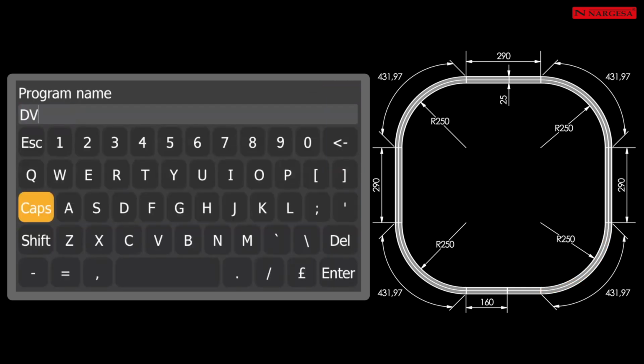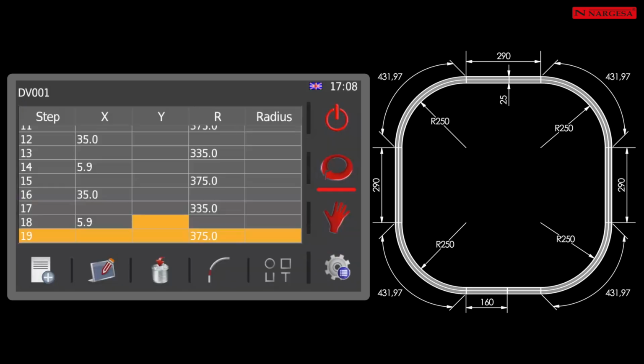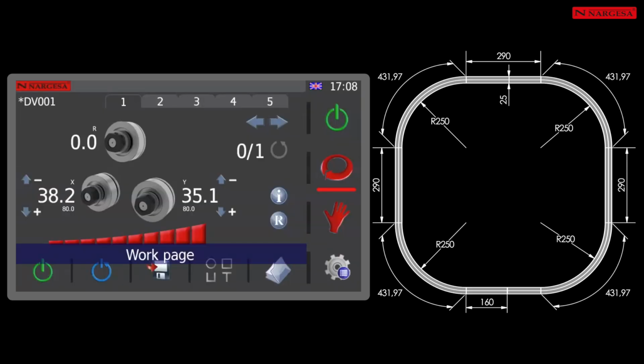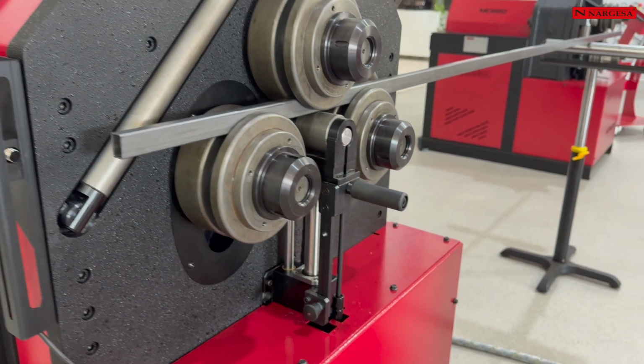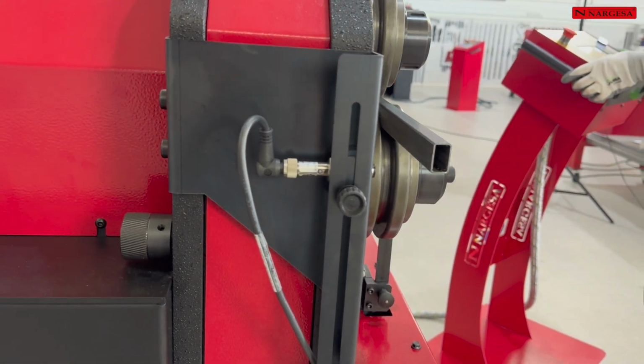Save the program and move to production. Release the encoder and bend this piece automatically.